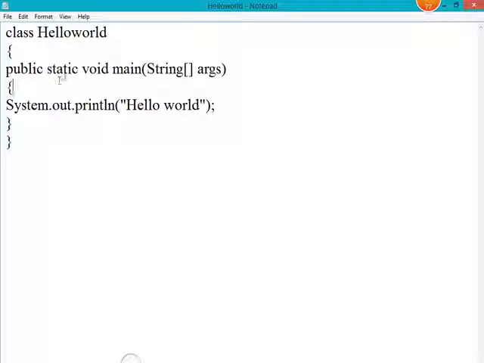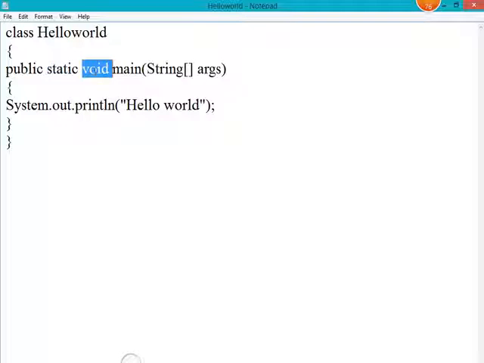As we have mentioned this method with the keyword static, here there is no need to create an object. The method can be called without creation of an object also. So we are using the static keyword.